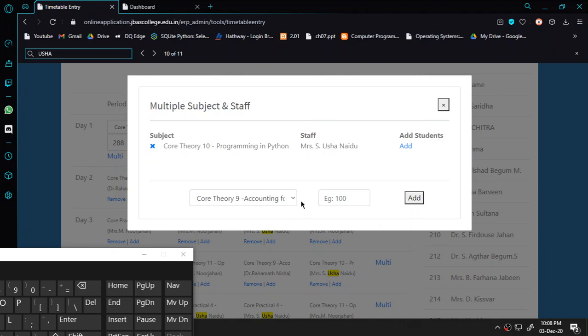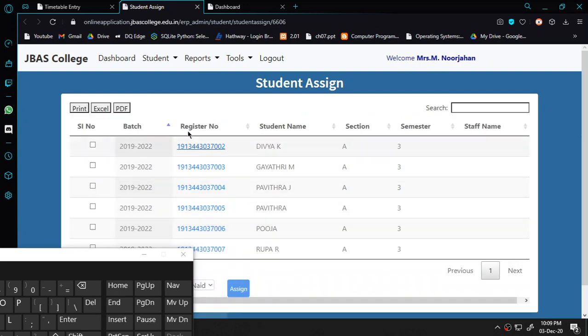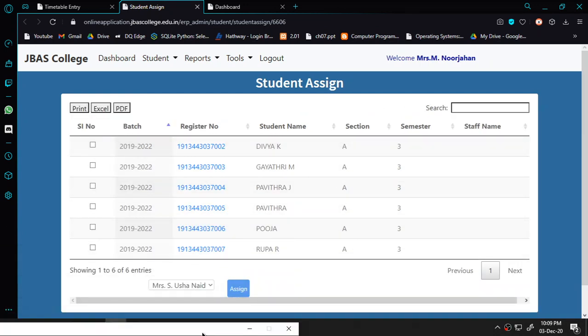Here this page will come, I have to choose the staff name, and it is Usha, and then give add. When I give add, I have to add all the students, because all the students belong to her class. Suppose we are going for NME, for UG cases it is NME or some other subjects where students are partially distributed among different teachers, we have to choose the multi option I showed you earlier, and then choose the students. For example, here all the students belong to her class because it is a core paper. So I just give select all the students.